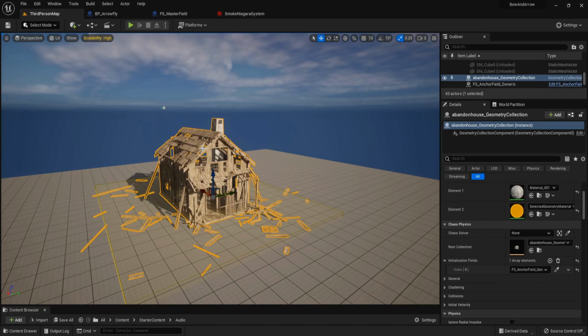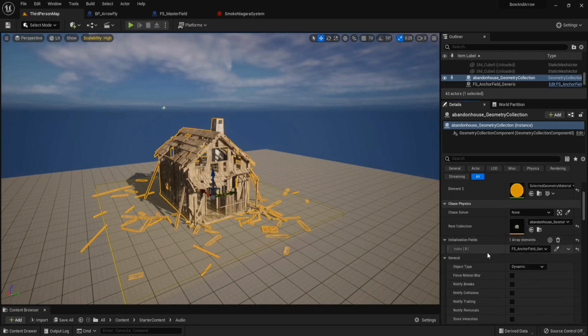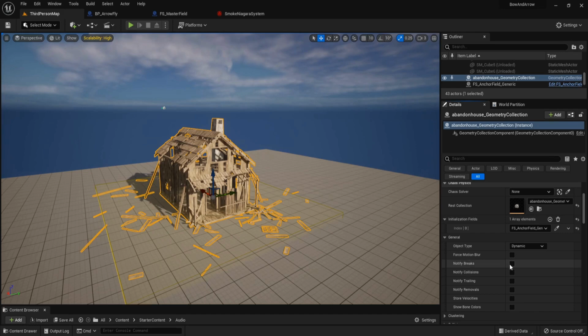Click on this geometry collection, and for the general, set it to break and trailing, because we want to spawn the Niagara particle when it's break and trailing.